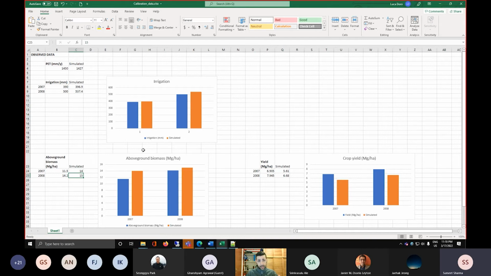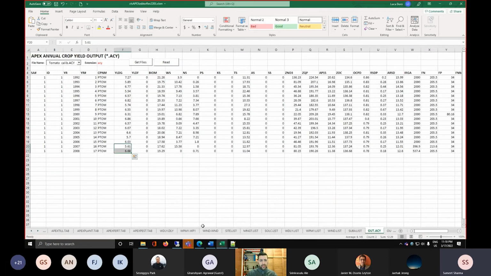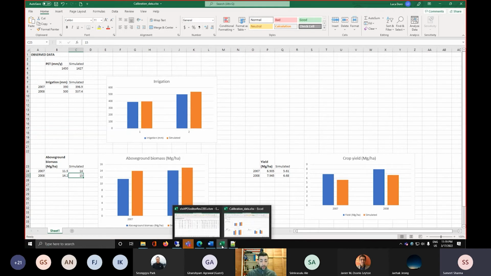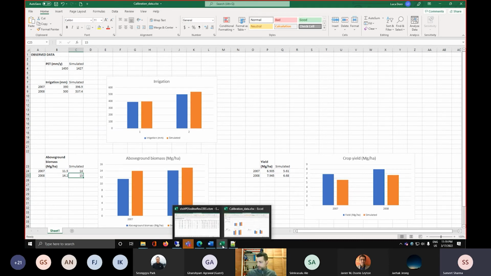So I'm showing you these, but as I said before, don't go to modify crop parameters as a first result. It shouldn't be the first thing that you do to calibrate the model. But I want to give you this example to understand what you can do with the model in some situations, or also let you understand why you want to modify some crop parameters. So let's think about above ground biomass,